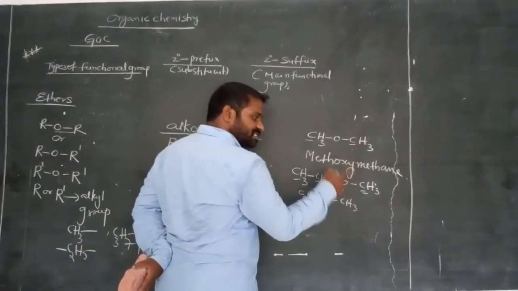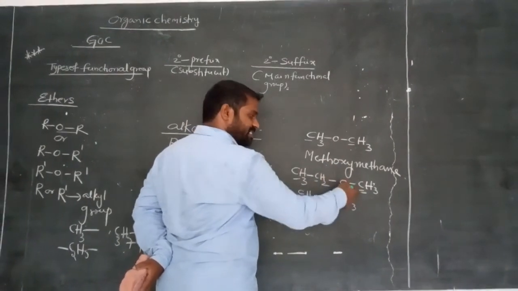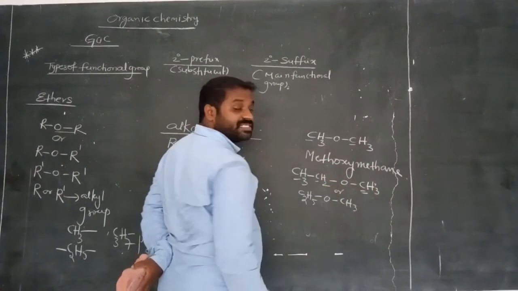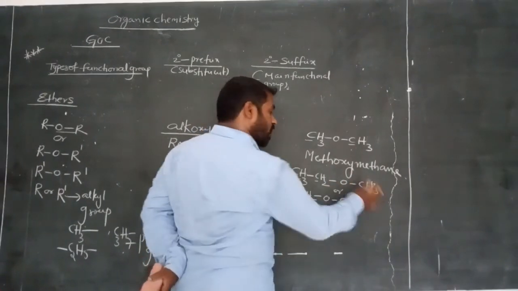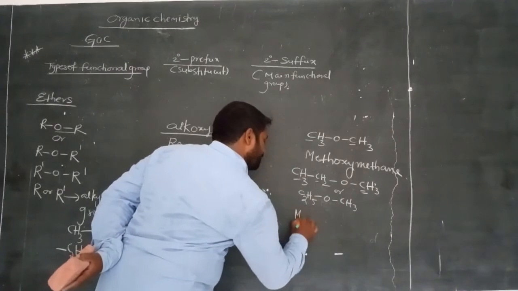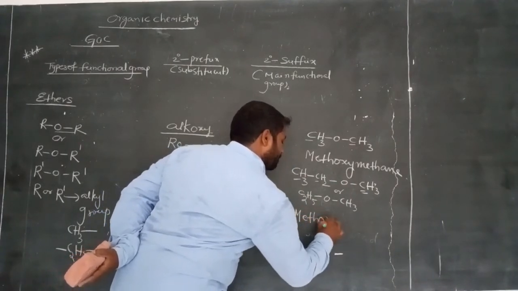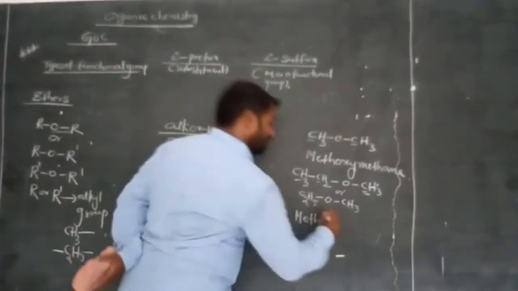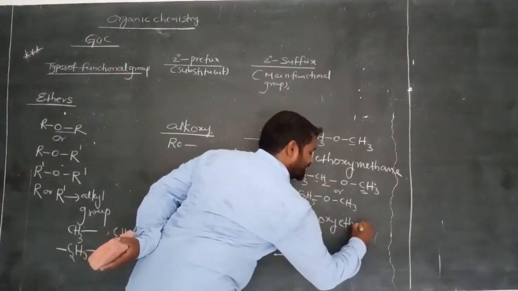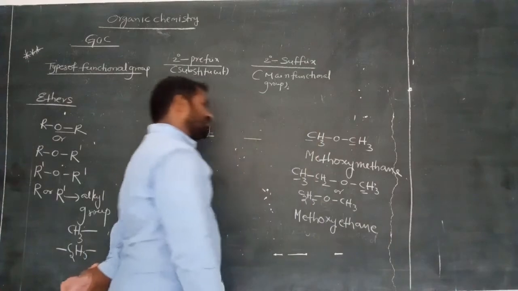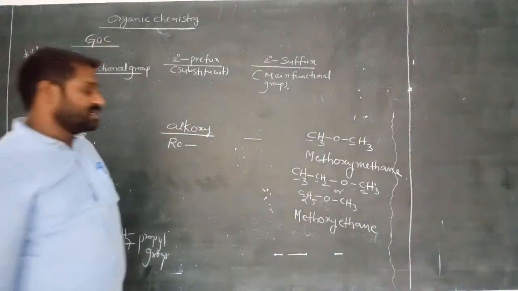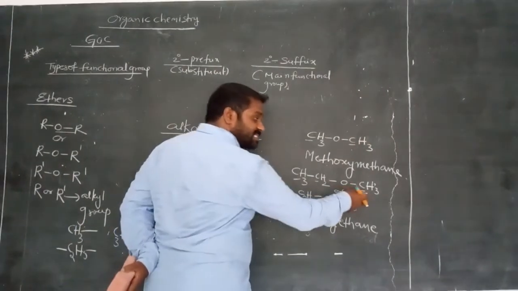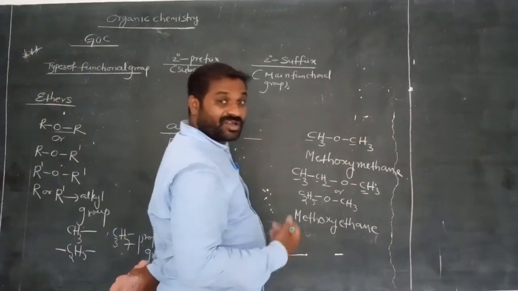So first we have to start the alkoxy group from the side with less number of carbons. So methoxy, 1 carbon is there. So what we call it is methoxy. IUPAC name: methoxy. How many carbons here we have? 2 carbons. So methoxy ethane. If 2 carbons are present, what is the root word? Eth. So methoxy ethane. We have to prefer the least number of carbons side for the alkoxy group.